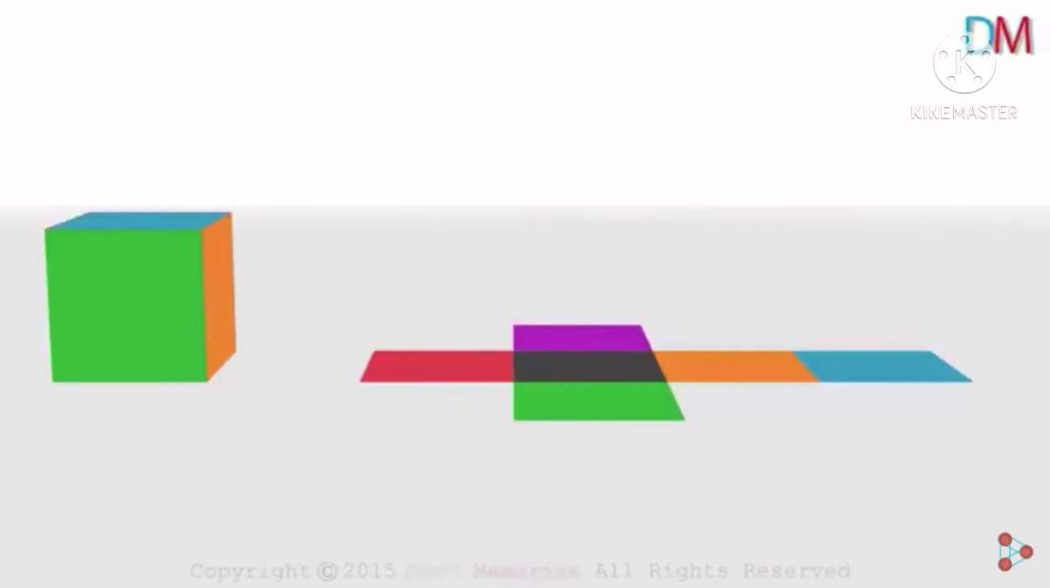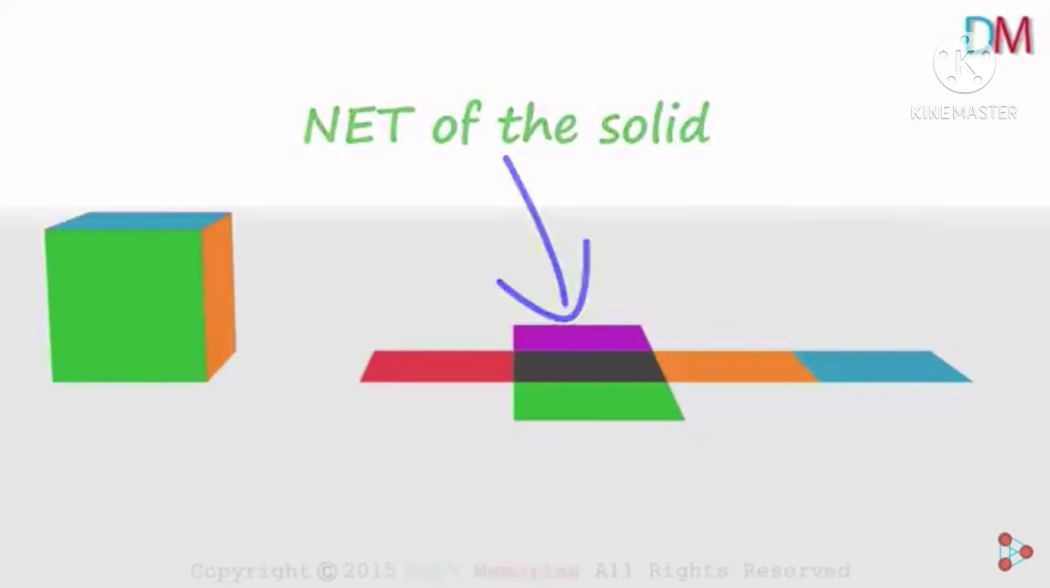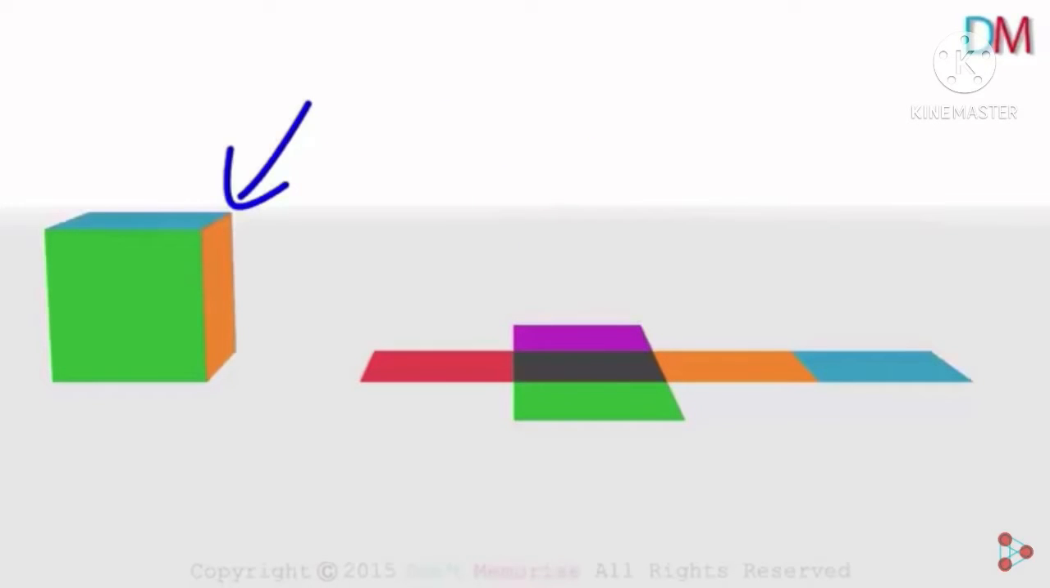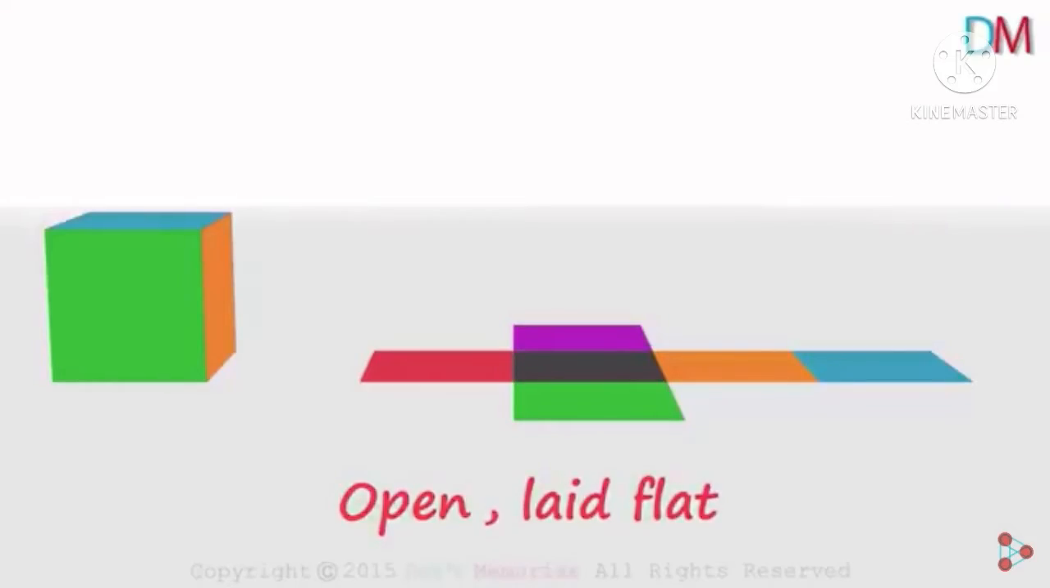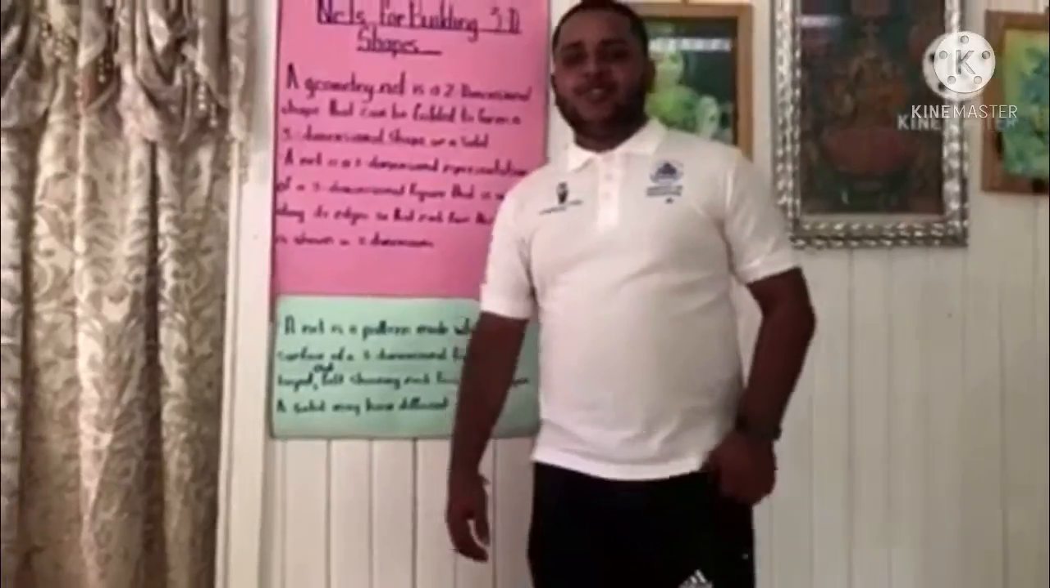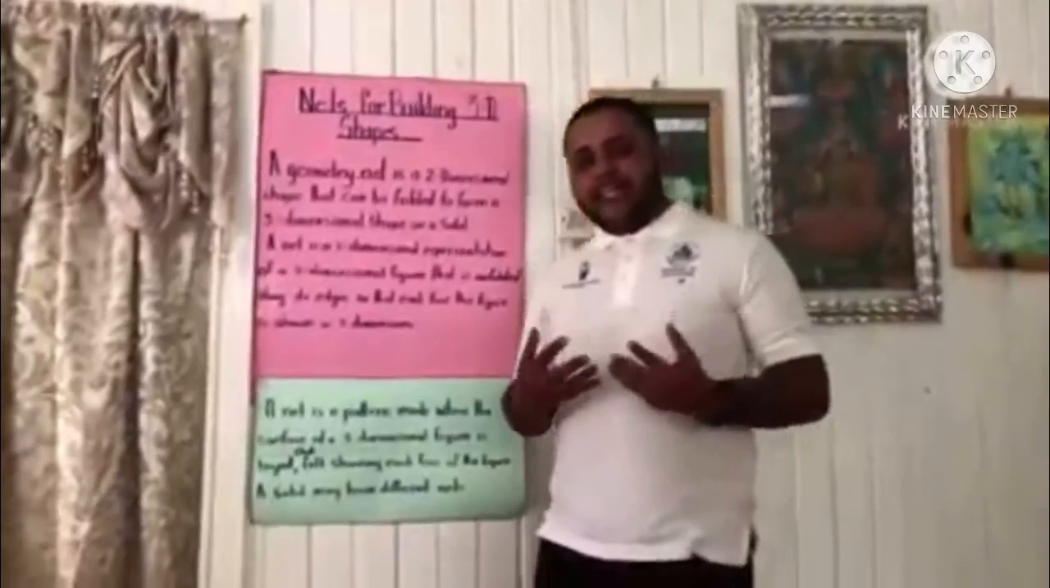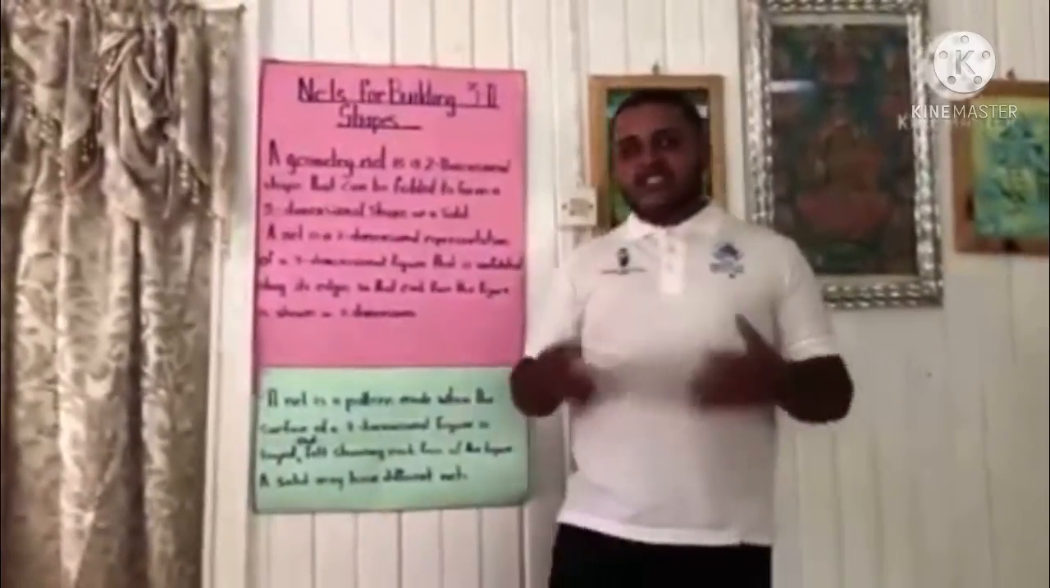Now we have completely opened up the cube along its edges to get a two-dimensional shape like this. But what is this? What is it called? This is called the net of the solid. In this case, it's the net of a cube. A net is a diagram which shows what the solid will look like when it is opened along its edges and laid flat. Good, so I would have just shown you a video and I would like you to discuss